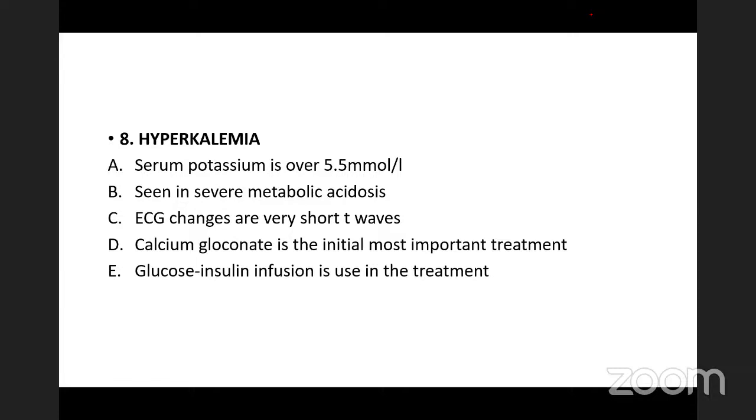Serum potassium is over 5.5. That is correct in some labs, 5.5, 5.6. So when it is greater than 5.5, it's also hyperkalemia. Okay. So seen in severe metabolic acidosis. So you should remember hyperkalemia is seen in metabolic acidosis. Hypokalemia is seen in metabolic alkalosis. Okay. So